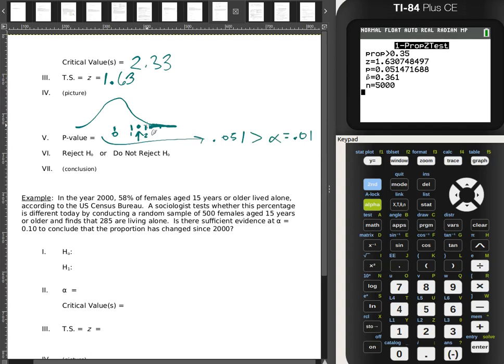So if we're going based on a classical approach, we would say, hey, look, our test statistic is not inside of the critical region, so we would not like to reject the null hypothesis. If we're going from the p-value perspective, we would say, hey, look, the probability to get that statistic is more than the level of significance, so we would not like to reject the null hypothesis in that case. Either way, we do not reject. So we would conclude that there